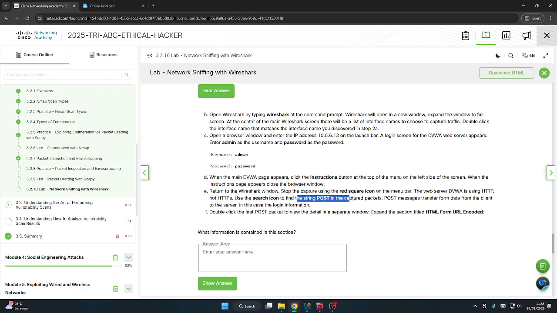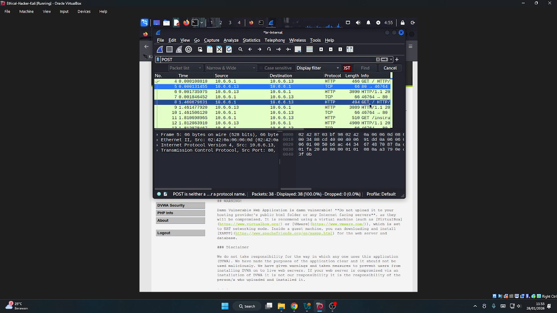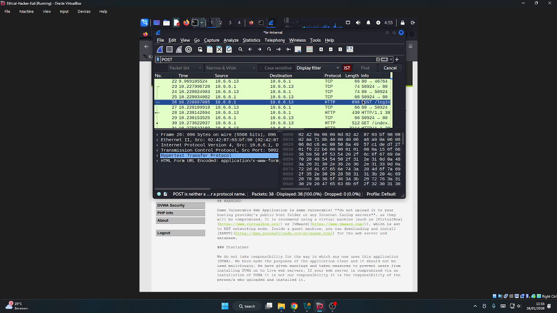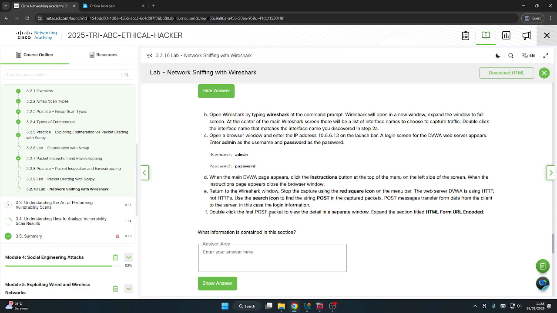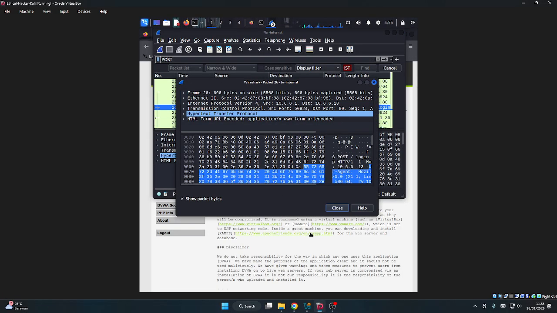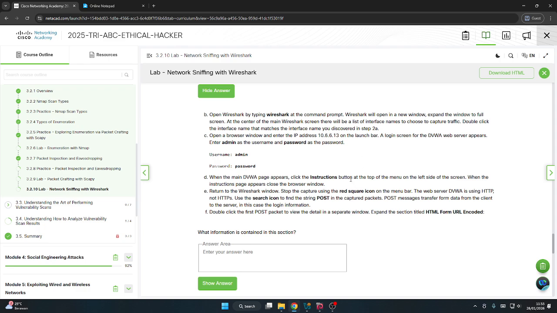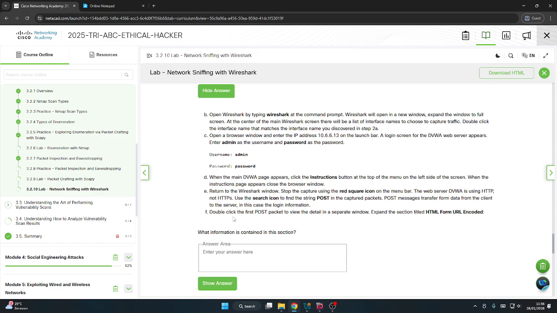Use the search icon to find the string POST in the captured packets. We can search for POST, but we can see there are plenty of posts here. Double click the first POST packet to view the details.